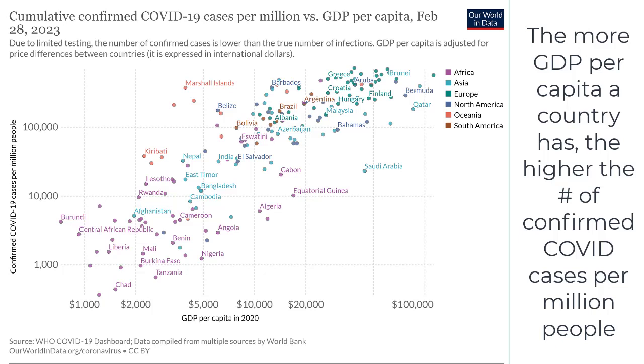You'll notice in the lower left, there's color coding here by continent. A lot of African nations that are really low in GDP per capita also have very few positive test results. So that's actually an answer of no for HB if we measure it this way. But then, as sociologists, we need to think about why that would be happening. And for that, let's take a look at another